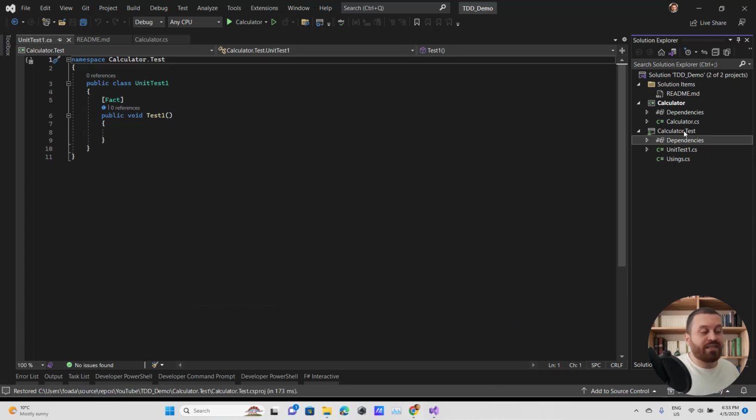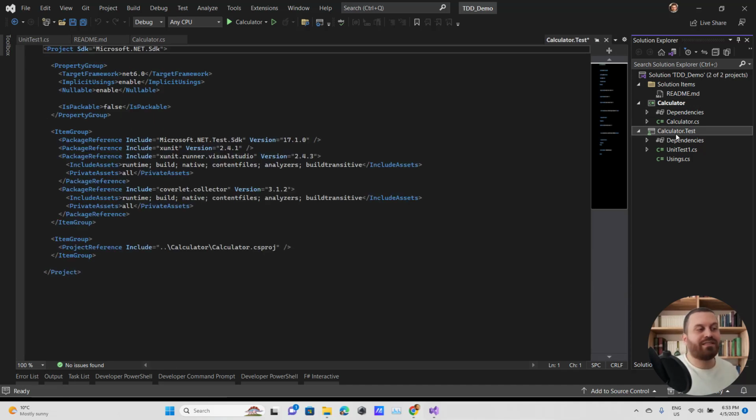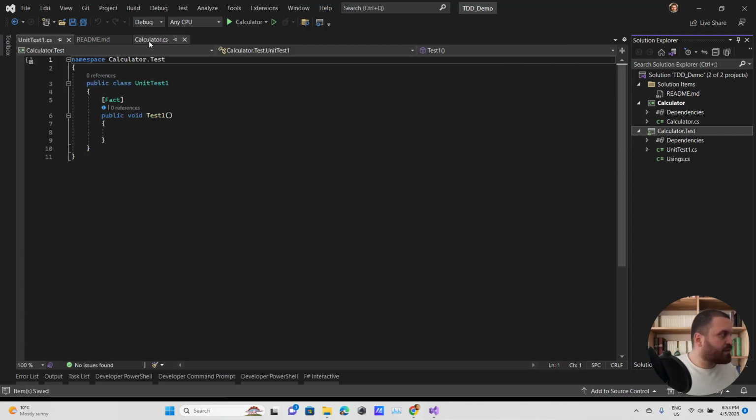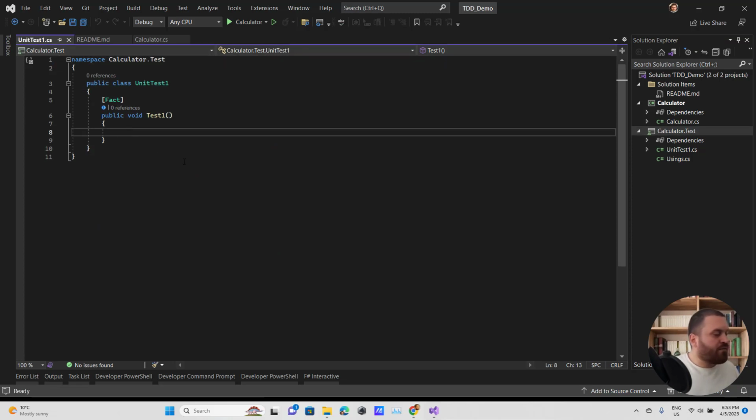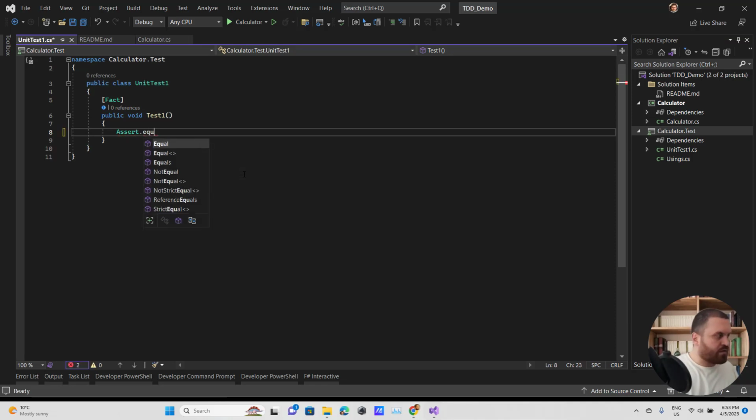The reason that I'm using exactly the name of the class library that I have is that by adding the project as a dependency to the test project, there is no need to use a using, because this namespace is a part of that namespace and they have access to each other. Nice, let's see. And here we have a unit test. In the unit test, I'm just trying to use Assert.Equal 1 and 1. What does it mean? I'm going to explain it in a second. I'm going to open Test Explorer and